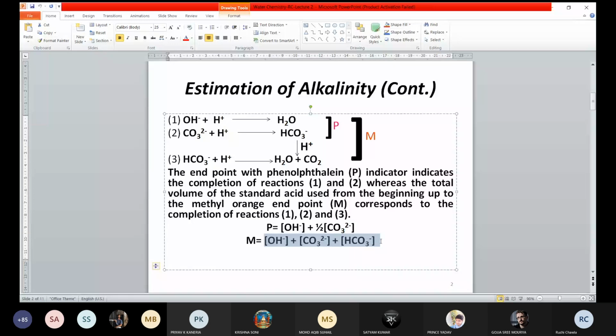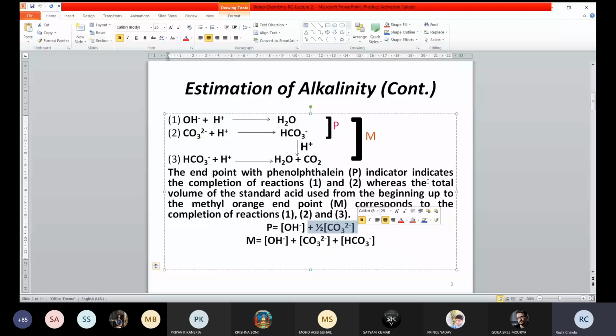This is easy to understand, but how have we said that the phenolphthalein endpoint corresponds to total hydroxide ion concentration? That is fine, but half carbonate concentration. Half neutralization of carbonate converts to half concentration of carbonate. Can you correlate this in your mind? Anyone? How this has been displayed over here? No, ma'am. If not, yes. Because of that only I have introduced the next slide.